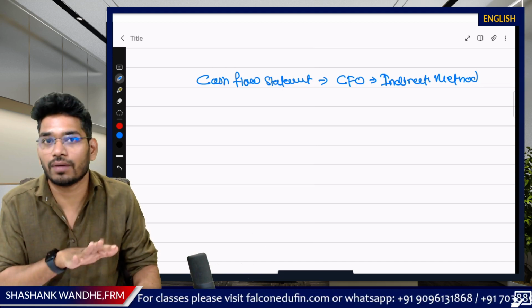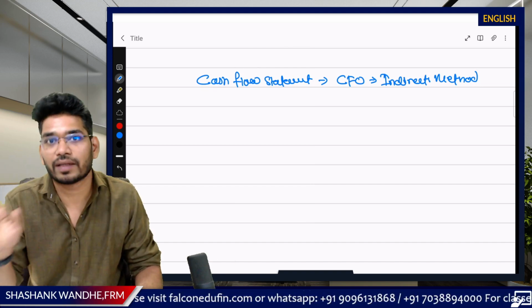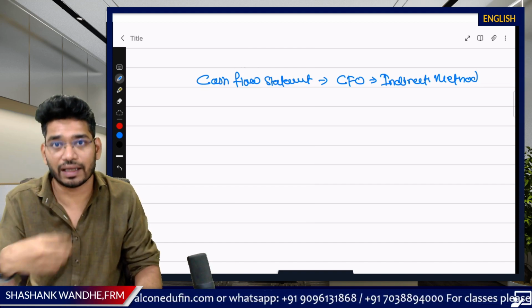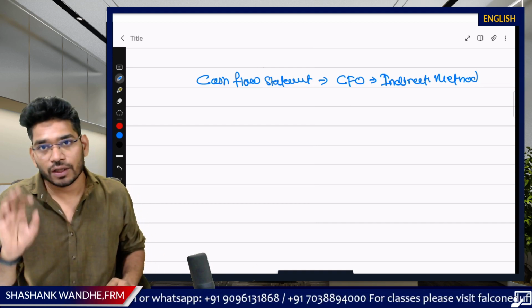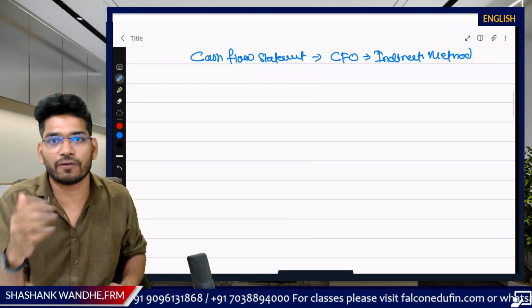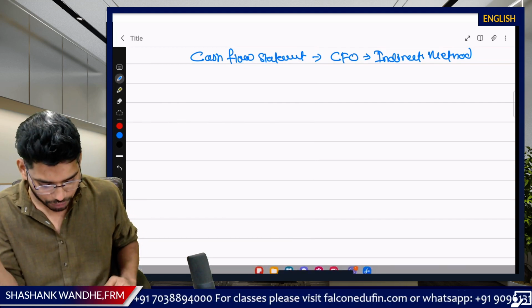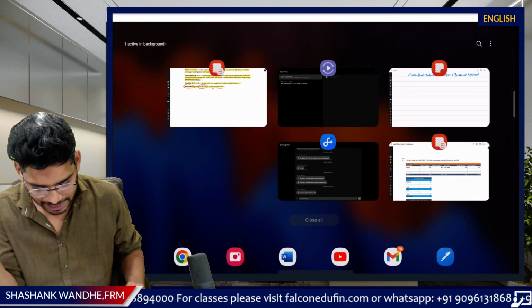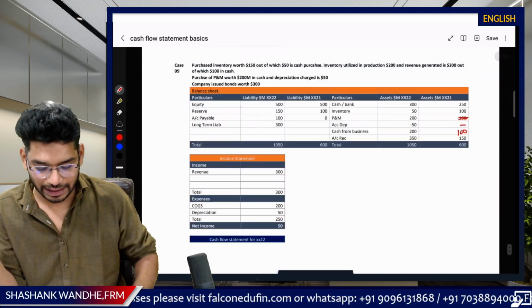and after knowing the basics you are facing problem in this area only, because it is not practically possible for me to explain the direct method in detail, then indirect method in detail, and then discuss both the methods simultaneously. To simplify our discussion, we will mainly focus on the indirect method. I will start with the brief overview of the direct and the indirect method, but our main objective is to discuss these illustrations. So here I have 9 illustrations in total